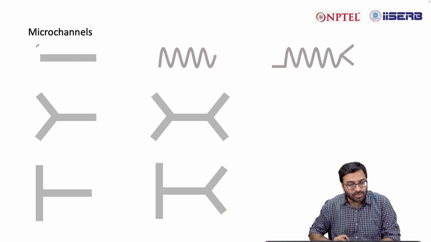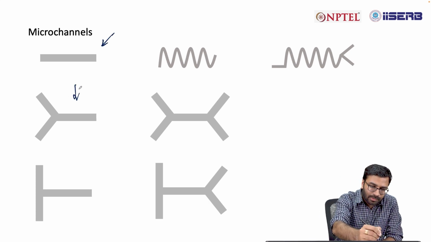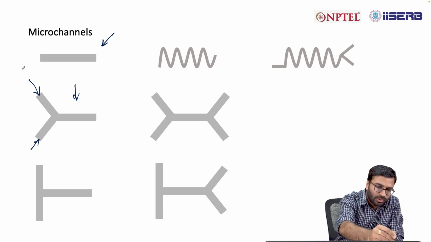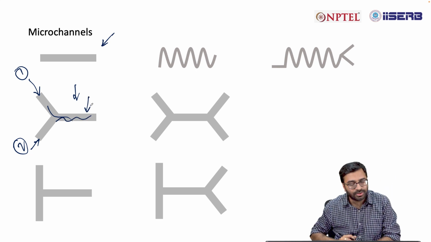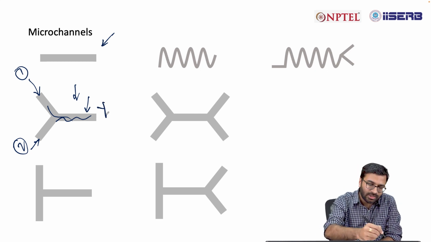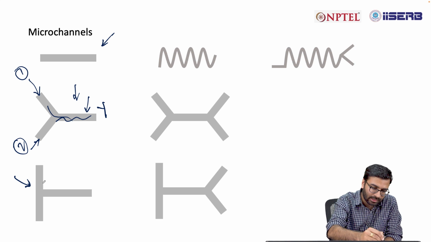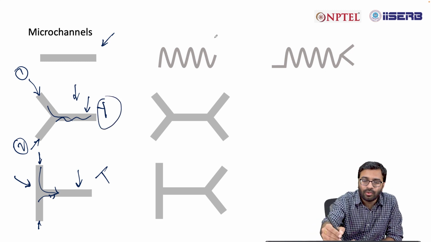Now, these are the different types of microchannels that you may find. So, a microchannel can be straight, it can be Y-shaped, where you can actually insert two different types of fluids, and then they will start mixing in this straight part of this microchannel. So, this is called Y-shaped microchannel. Then you have T-junction microchannel, where you can use both of these as inlets, and then the fluid will come and enter into this straight part. So, this is T-junction microchannel, this is Y-junction, and then you can also make serpentine microchannel